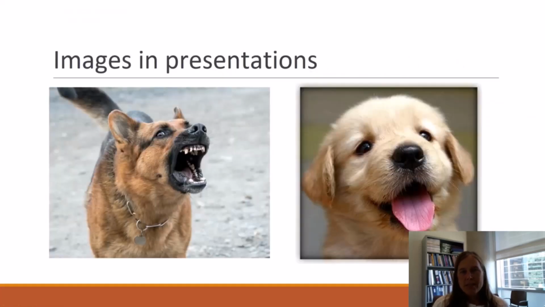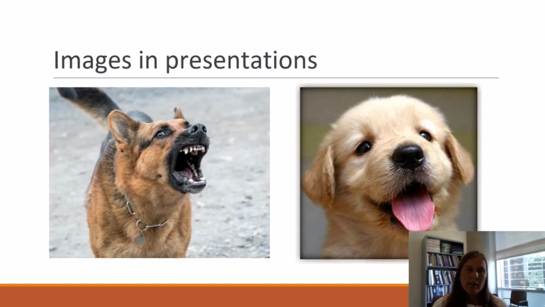So images in presentations are great, right? They're a way that we can help make our documents and presentations more visually appealing, and it's a great way to help students remember the information. It also can help break up the content and give a visual description of the information we're trying to convey. But when we're using these images in presentations, we need to make sure that they are accessible and able to be understood by individuals who might not be able to see them as clearly, or